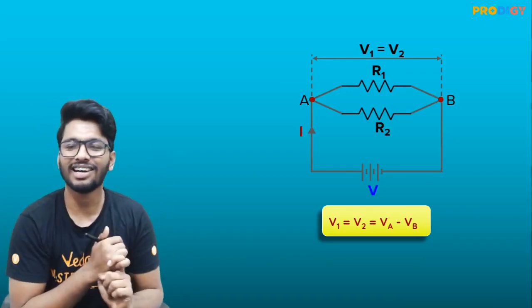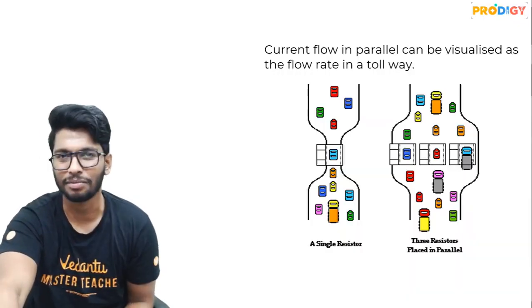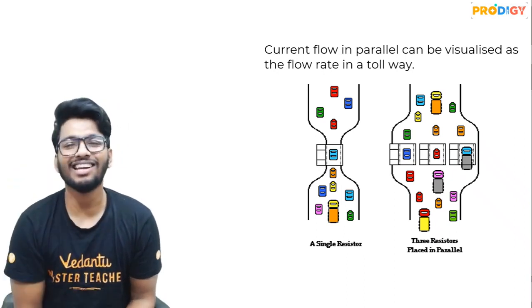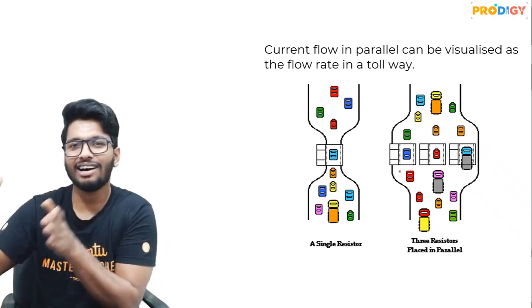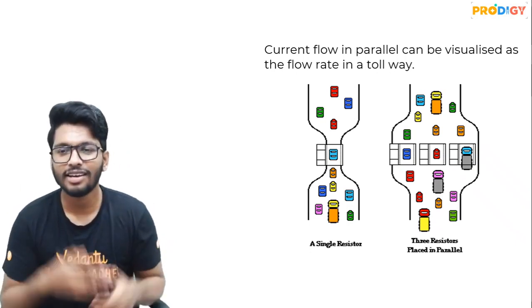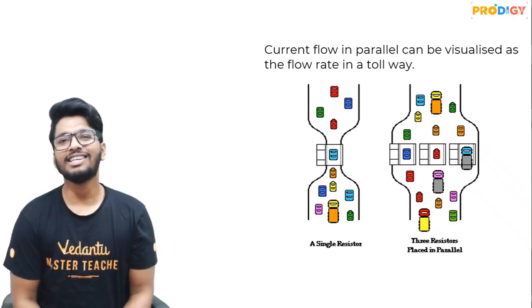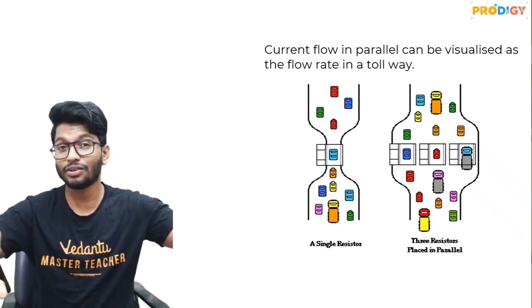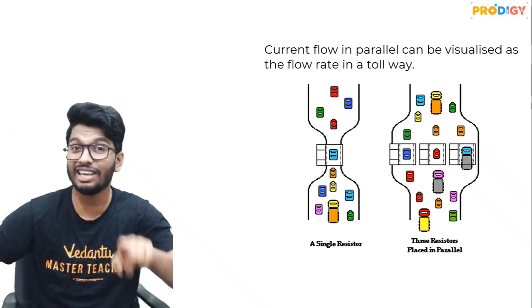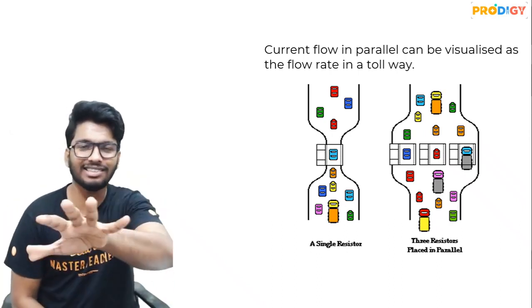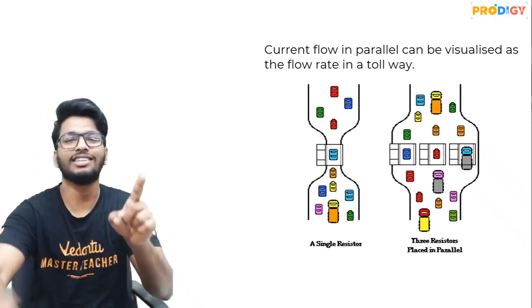All right. So here, guys, the voltage remains the same, but the current gets distributed. Example. Again, let's go back to the toll booth. Now, in this case, let's say the toll booths are one along the side of another. All right, so parallel to one another. In this case, more number of cars are flowing through it, and more importantly, it is not that one car is passing through all of the three booths, right? Is there any car which is passing through all the three booths? No, either of the one booth they'll pass.